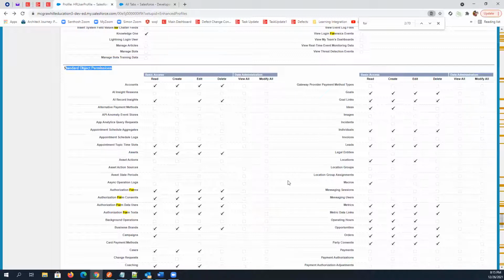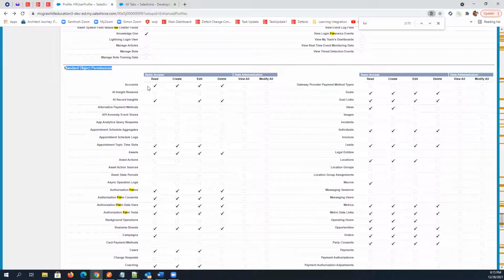What is an object? An object is a table, the database table you have. Data can only be stored in an object. Account, opportunity, lead, these all are tables, these all are objects. You can create your own objects, and those will be called custom objects, and whatever we got from Salesforce are called standard objects.